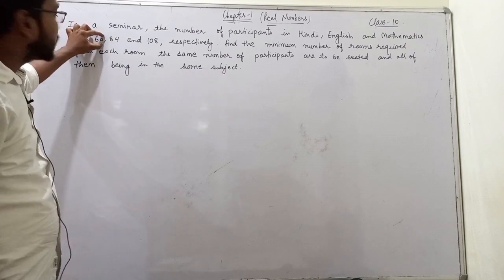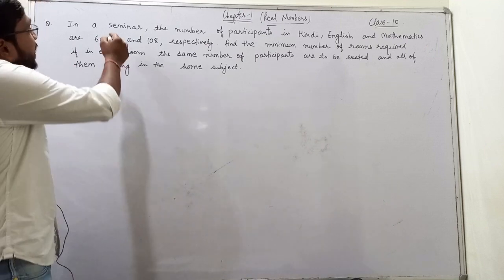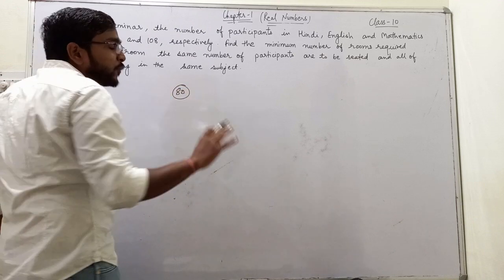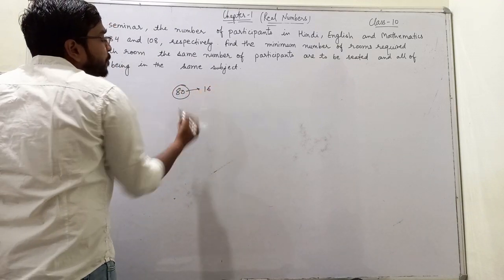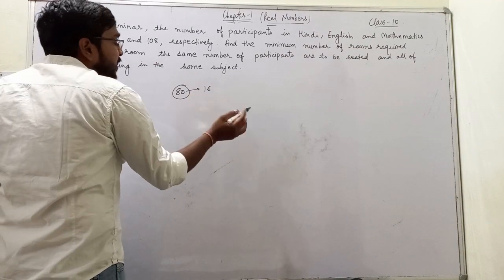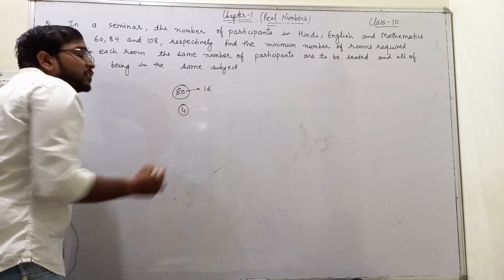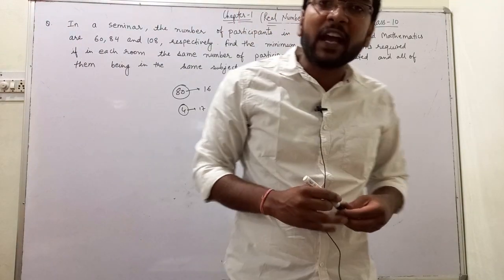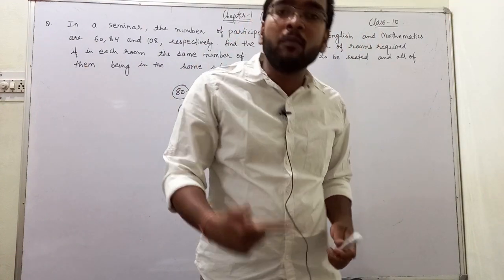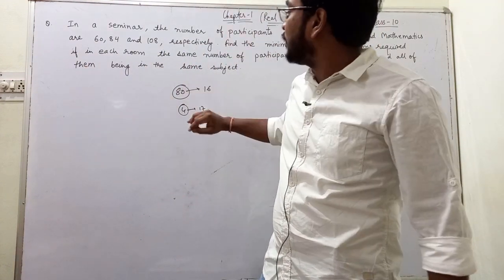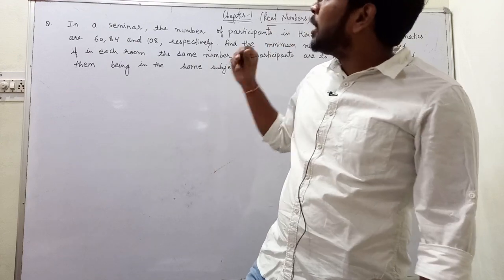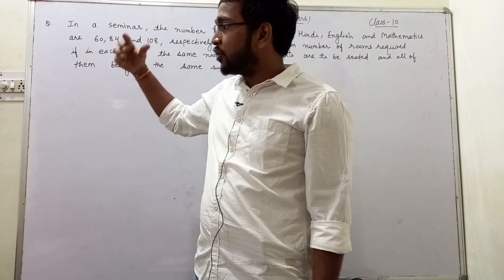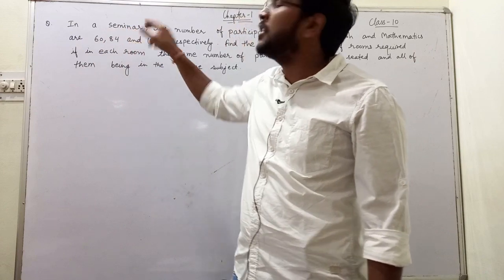Here we can see that if I take 5 students per room, then these 60 students will be placed in 12 rooms. If I take 84 in groups of 5, then 80 students will be successfully placed in 16 rooms, but the next 4 students will be placed in the 17th room. According to our condition, the number of students in each room should be equal, so we cannot take 5. The necessary condition is that the number of students we place in each room should divide 60, 84 and 108.